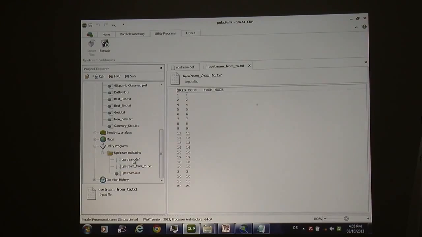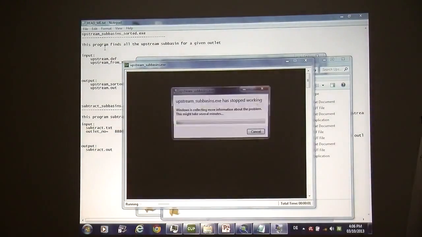All right, so once you edit these two files and then you execute and the program runs,